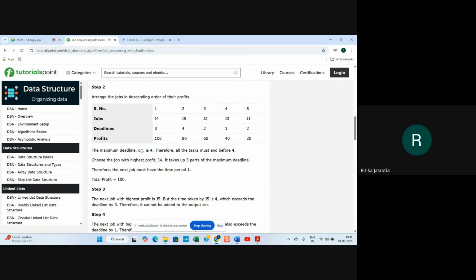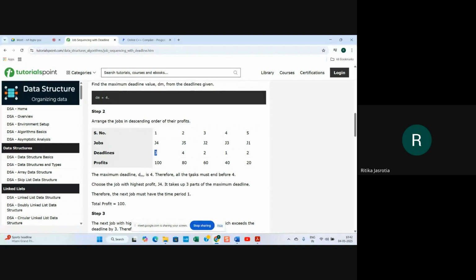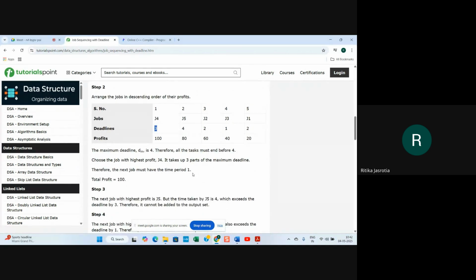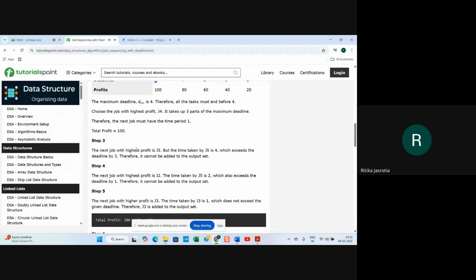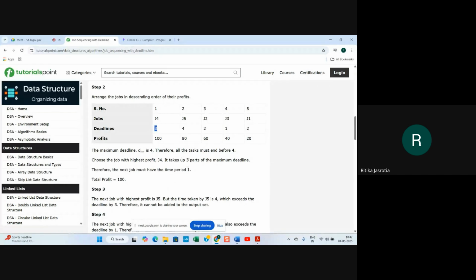Now the maximum deadline dm is 4, therefore all the tasks must end before 4. Choose the job with the highest profit, right? So we are selecting J4, which is 100. It takes up 3 parts of the maximum deadline. So we are left with 1 out of the maximum deadline 4, right? So we must have a time limit of 1. So total profit right now is 100. In step 3, the next job with the highest profit is job 5, 80, but the time taken by job 5